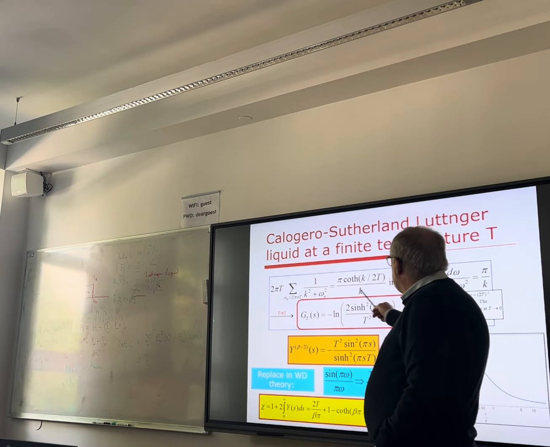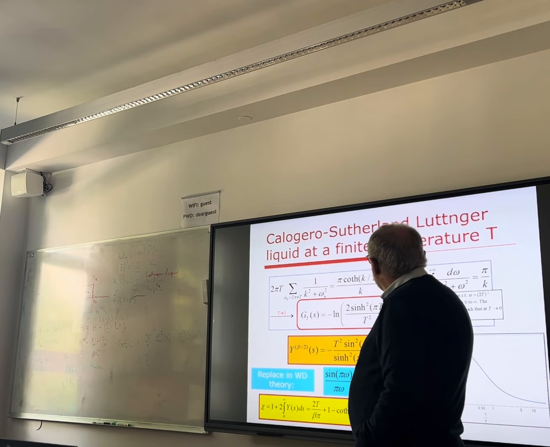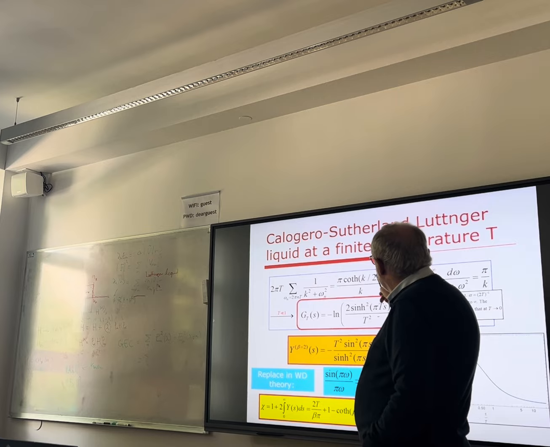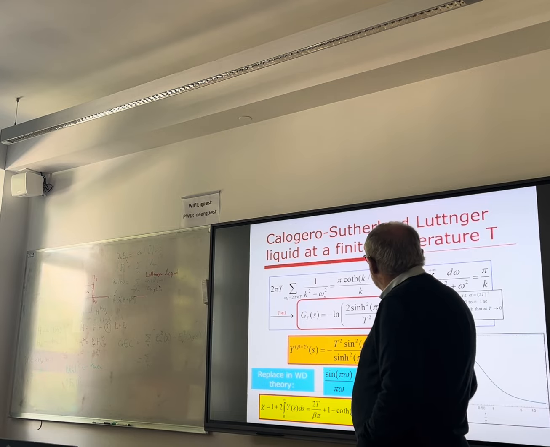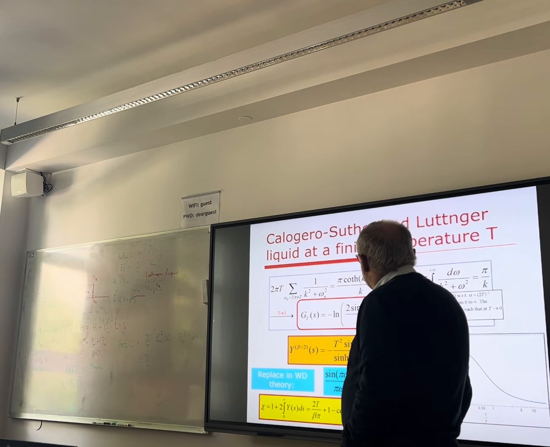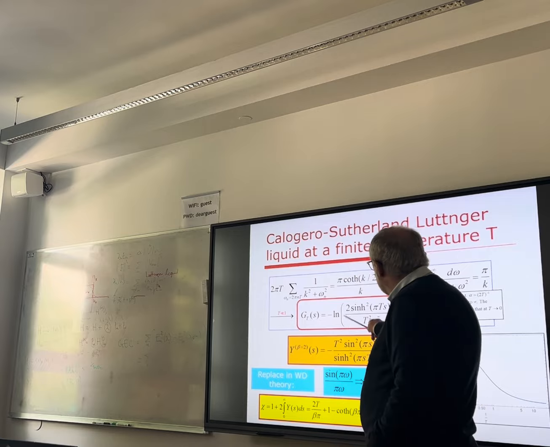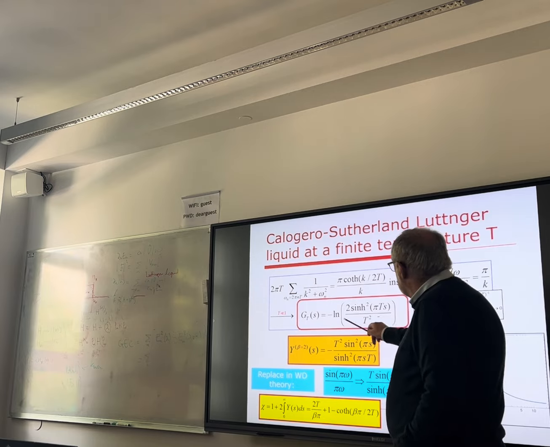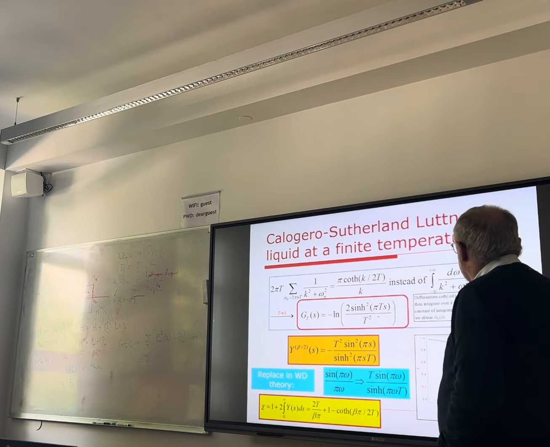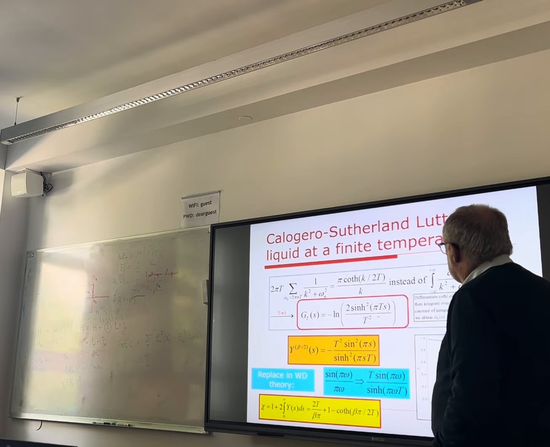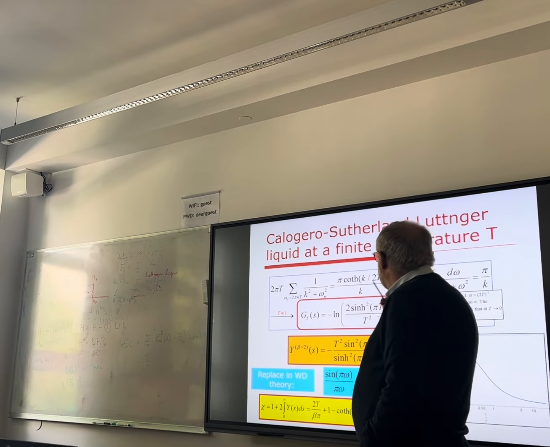So if you differentiate this thing with respect to 1 over 2t, this k cancels out, and then the integral becomes extremely trivial, and it gives you the result like this. So I have written how to do it, and